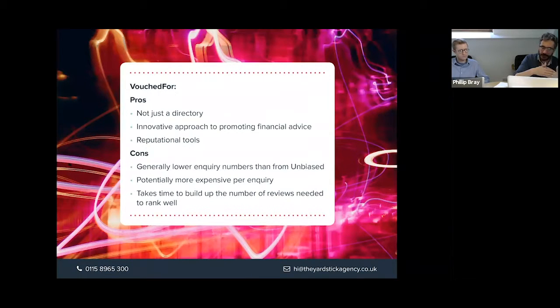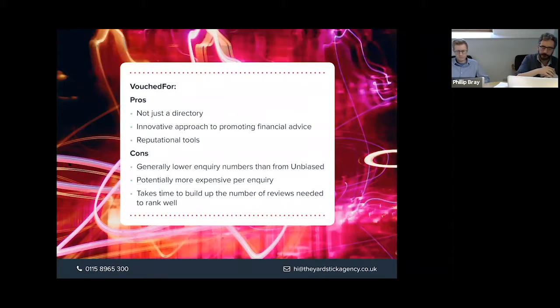And in fact, if you get existing clients to consistently leave reviews for you, that really shows the quality of your ongoing service and the value you're delivering. But it does take time to build up the number of reviews needed to rank well. So what we tend to recommend is that people build their profile, but simply have a free profile to start with until they've got to the point of 12, 15 reviews, and then turn it on.